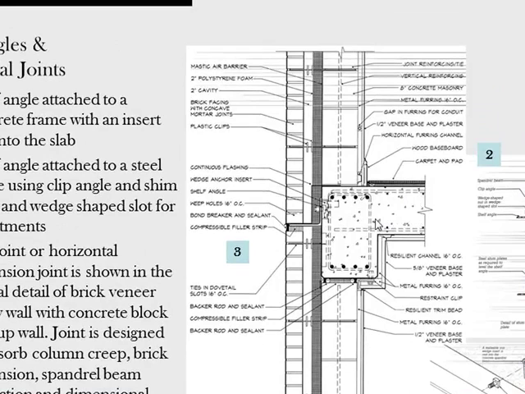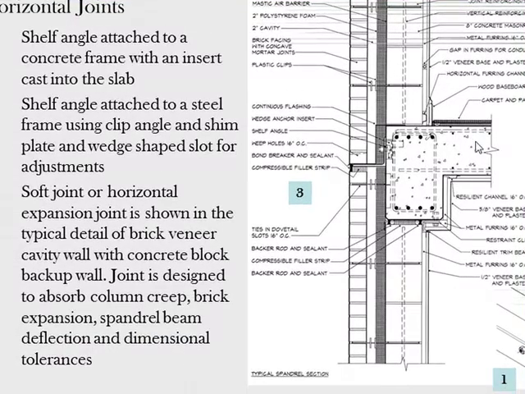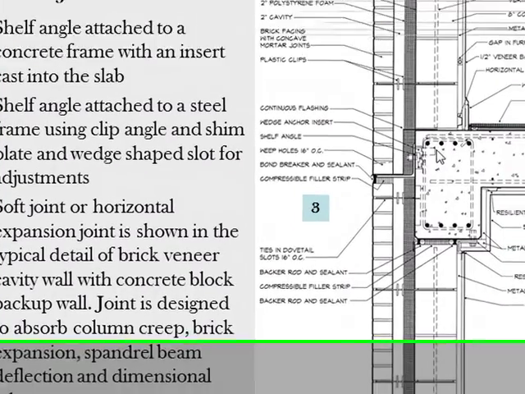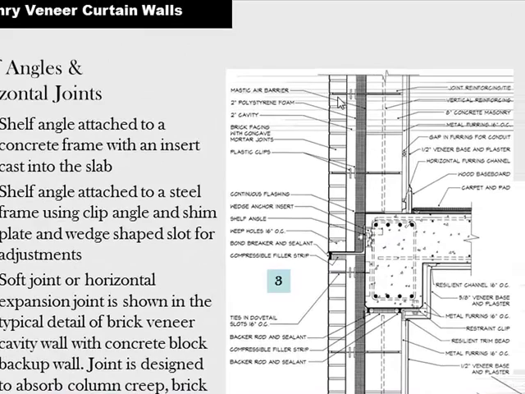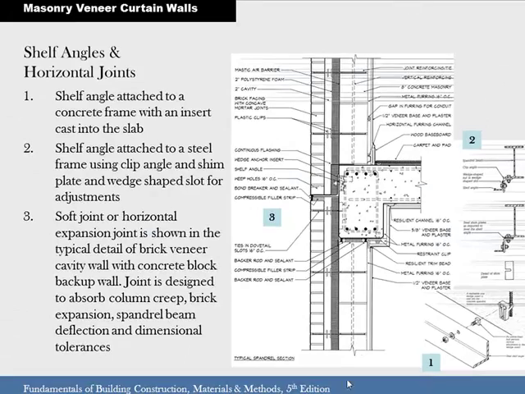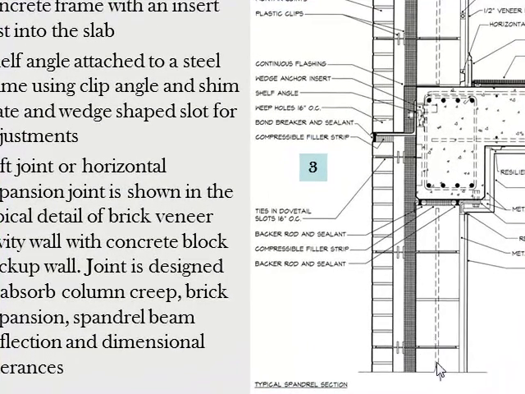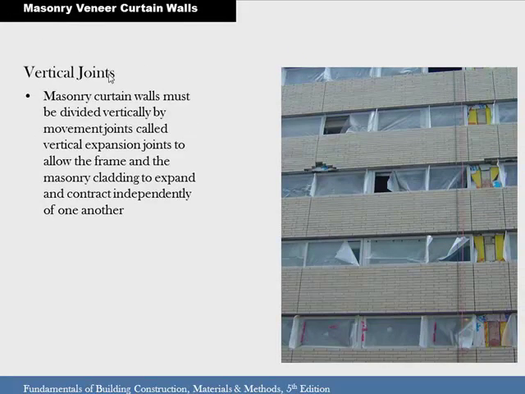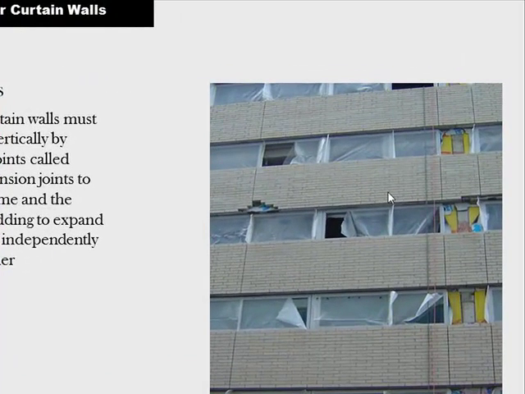But if you look, this is obviously a concrete masonry wall. It has the insulation, the air gap, the brick, the concrete structure, the shelf angle that the brick sits on, and every now and then, the ties. I mean, you can study that, but this is basically a slice through a wall looking sideways at how the wall is put together. You still need to have the vertical joints for expansion and contraction when you do this, because the building will move and you'll need to have